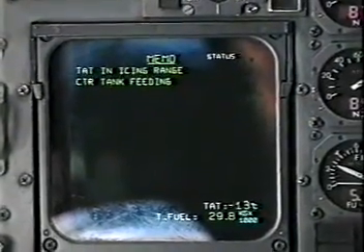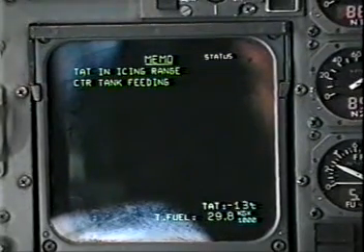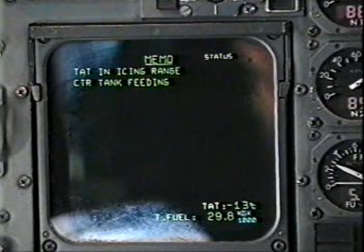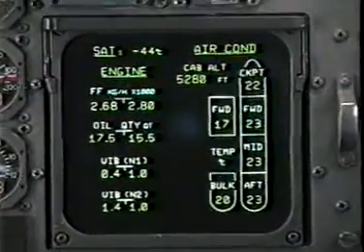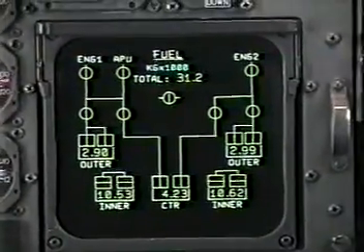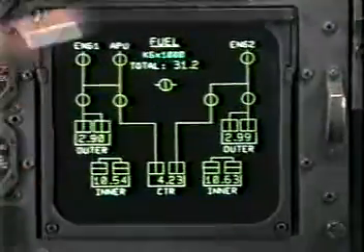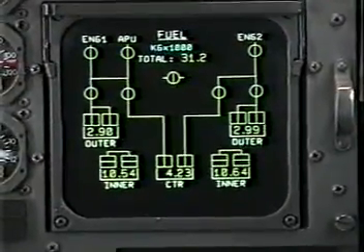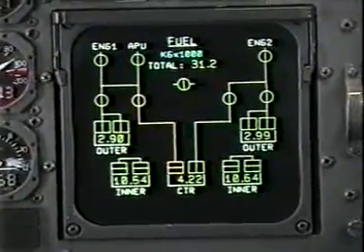Now, another page here is called the memo page and the status page. Whenever something goes wrong in this aircraft, this page will tell you what is going wrong and what is the correct action to be performed by the crew. Let me give you a little example. Let's say that the center tank pump is unserviceable. Whenever this pump is off,